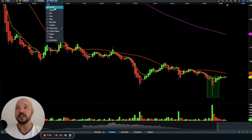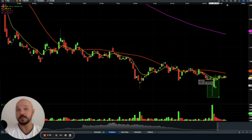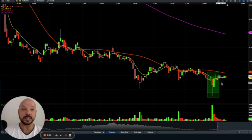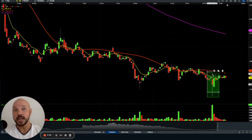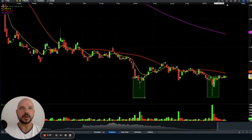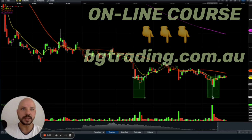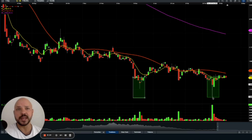And we have seen one very strong reversal. And that was exactly when the company released its FY23 half one results, right here on the 28th. So basically, the stock went down, and I'm back on the candle chart. The stock went down all the way to $1.04, and then it closed up